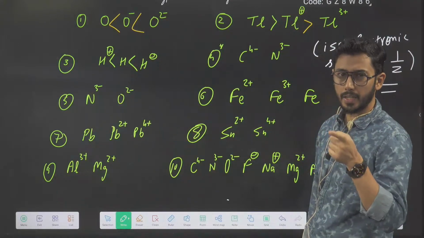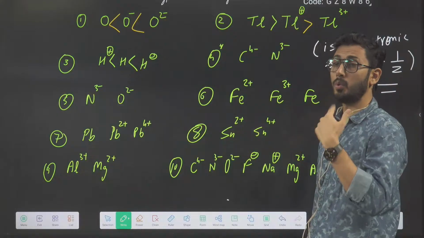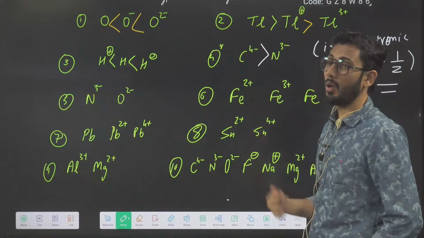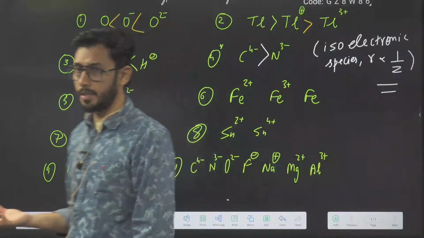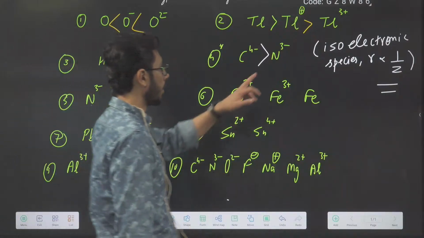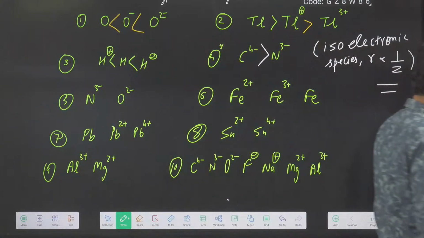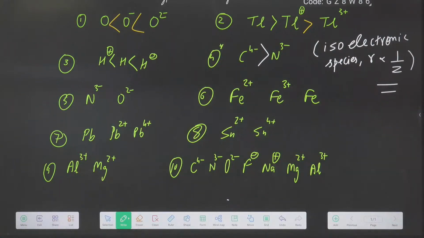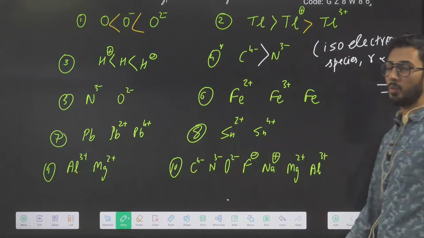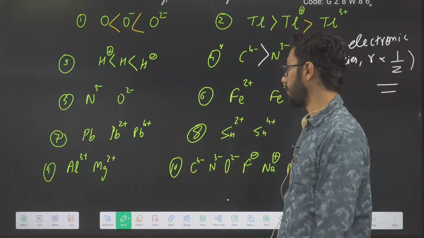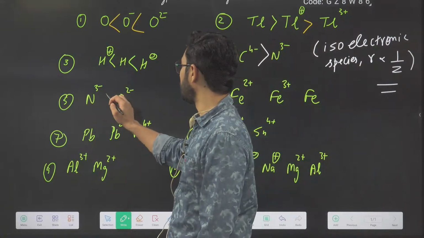Isoelectronic, higher the negative charge, more repulsion, more ionic radius, or higher the Z atomic number, lesser is the ionic radius. So N has more Z, it has less ionic radius, or whichever has more minus charge will have more ionic radius. Fifth,